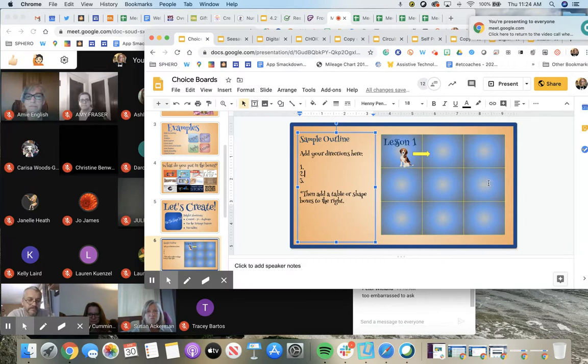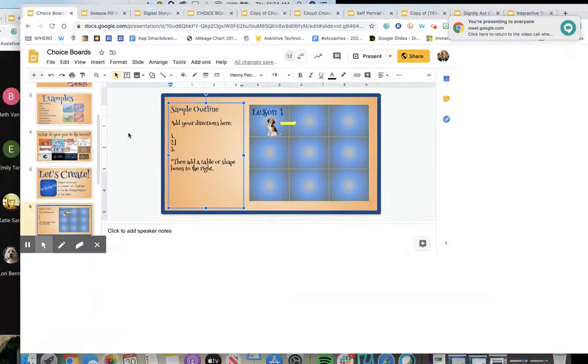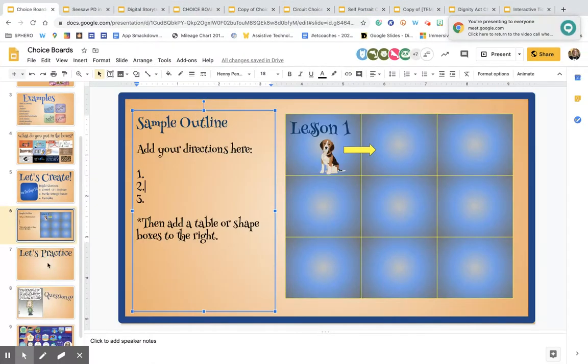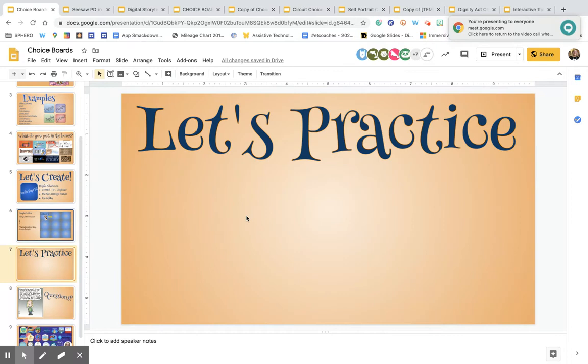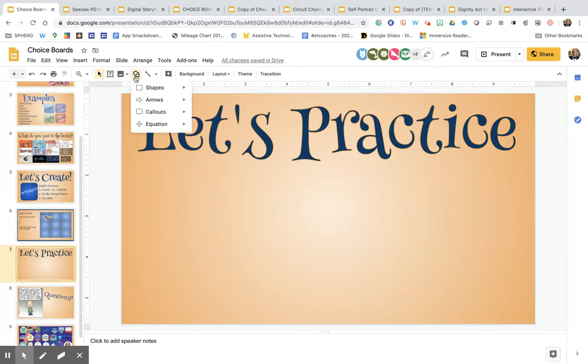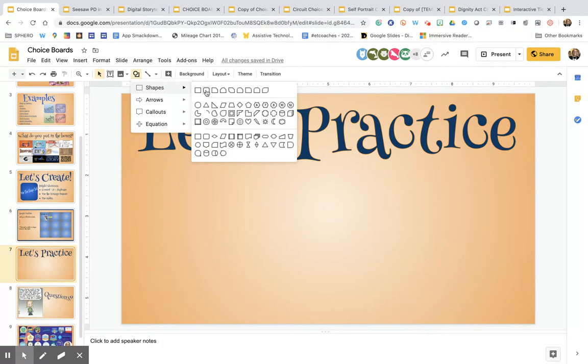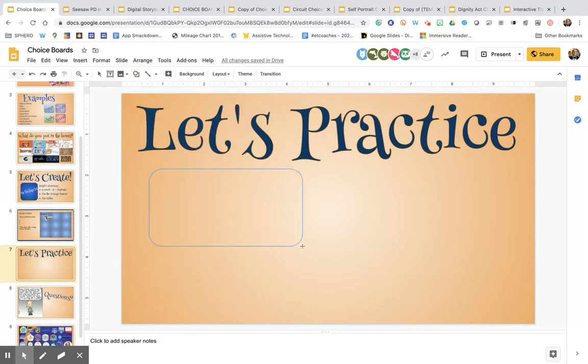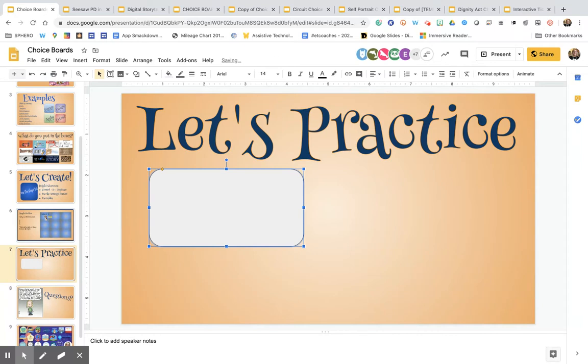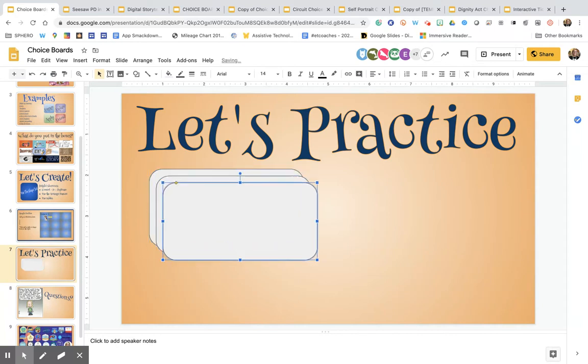Okay, so the last thing I'm going to show you, because these half hours just fly, is to create your actual boxes. So we're going to go into this blank one here. And let's say I want to create a 4-step choice board, or 4 choices, not even a step, 4 choices. So I'm going to go up to my shape tool and I'm going to grab my shape. I prefer the second one in, which is the rounded boxes. So I'm going to grab that and I'm actually going to create a rectangle. All right. I'm going to use my Control D to make 4 of them. That way they're all exactly the same